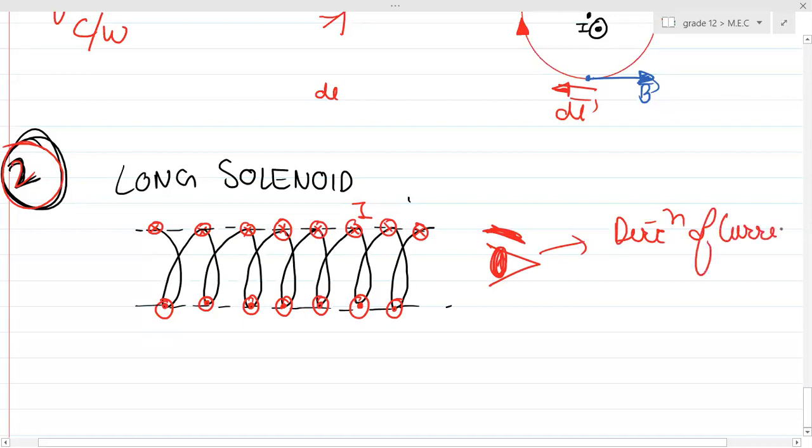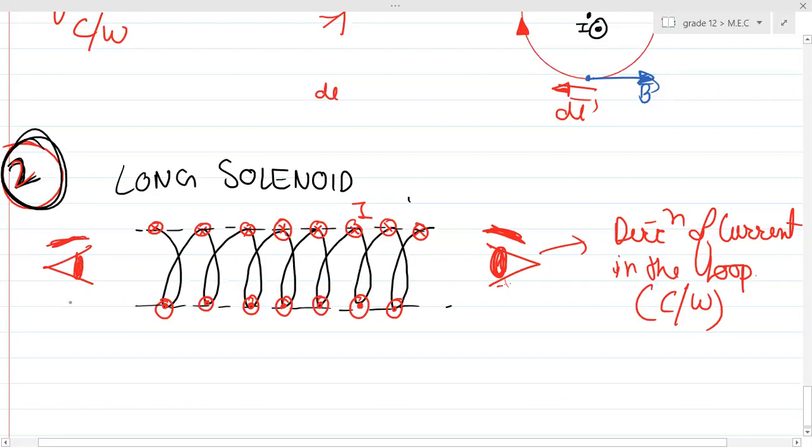When you look from here, guys, can anyone tell me what will be the direction of current in the loop? Is it clockwise or anti-clockwise? Clockwise. Now you understood the perspective point of view. Are you able to understand with the help of this observer? You are this observer, so start looking from here. If this had been the observer, then according to him it will be anti-clockwise, right? Anyways, the direction of current in the loop is basically clockwise.